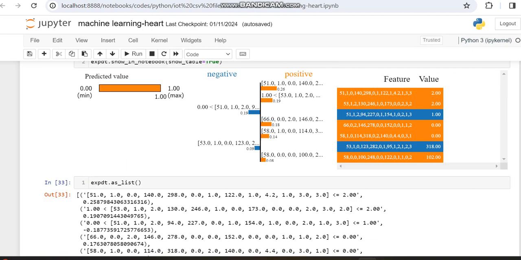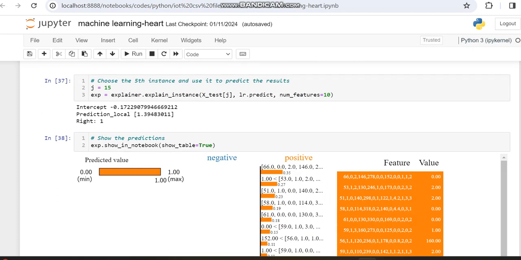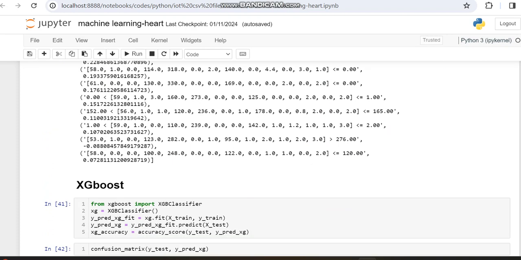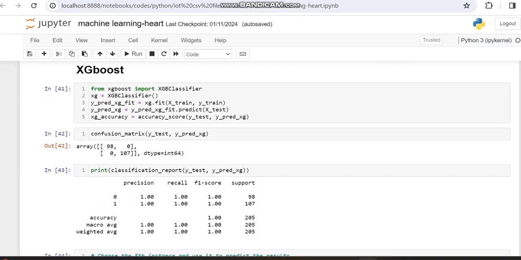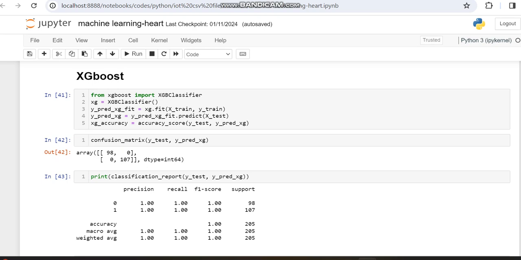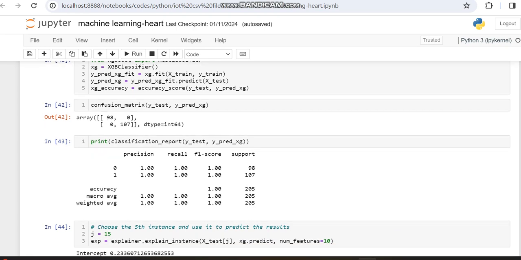And then we have worked with the final algorithm, XGBoost, which we are going to describe in this video. For that, initially we are importing its library, and then we are calling it, and then we are training and testing. Training is done by using the fit function, and the testing is done by using the predict function, and then we are declaring its accuracy score and